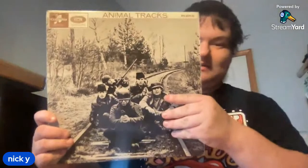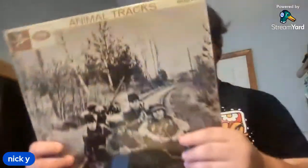Their second album released in the UK, their 1965 release, Animal Tracks, and this is an original mono copy of the album. It's in good condition. I got this for a fairly decent price. I would give you the price, but I forgot. But I remember it being good enough to buy, and I will say I'm not the biggest fan of this album. I do prefer the US version, which is also called